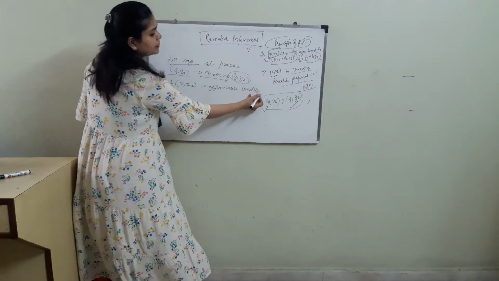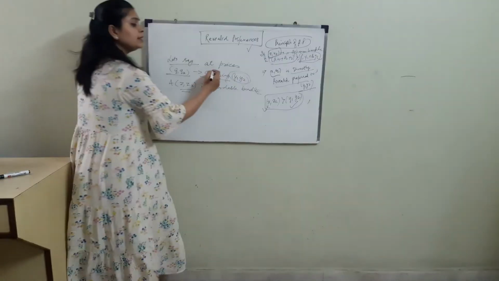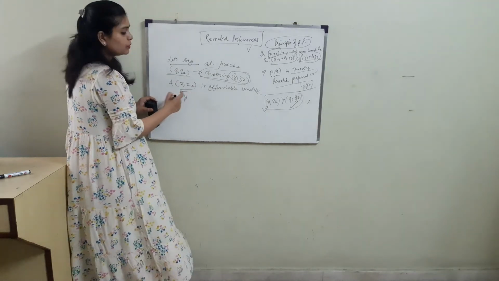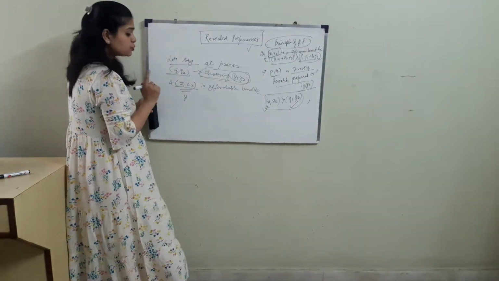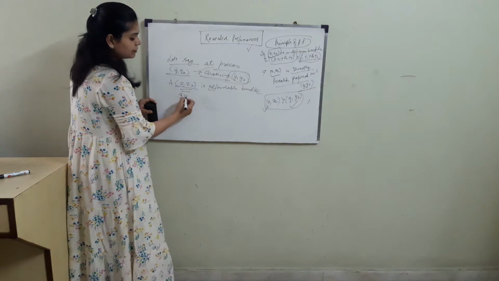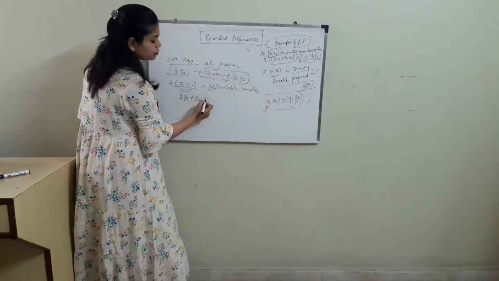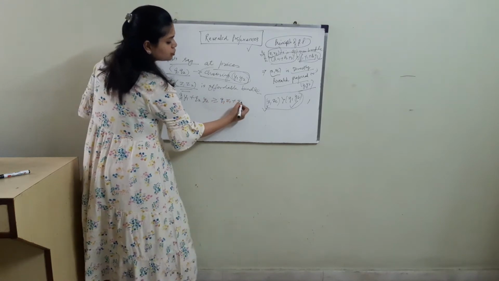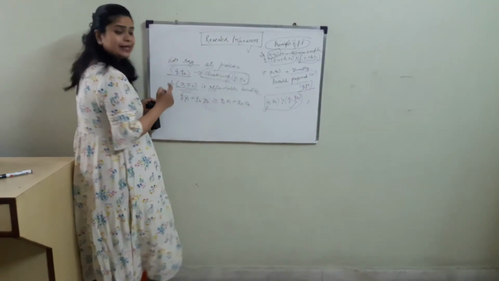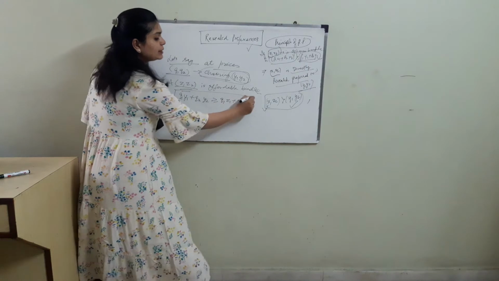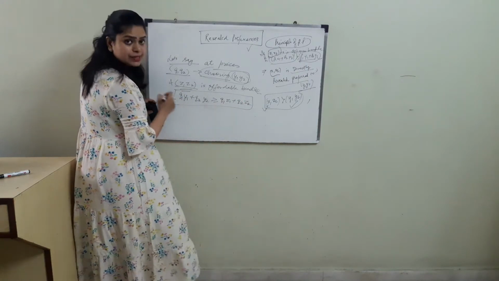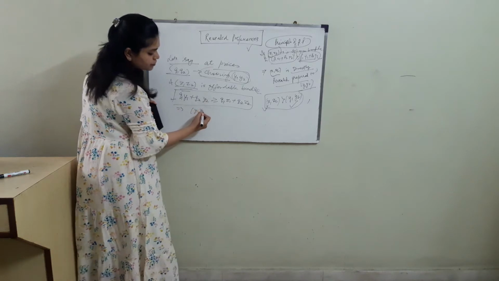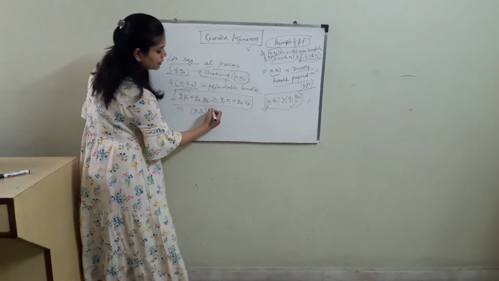If this is an affordable bundle, then it means that if I am choosing y1, y2, the expenditure on y1, y2 must be greater than or equal to the expenditure at z1, z2. So we can write q1 y1 plus q2 y2 must be greater than or equal to q1 z1 plus q2 z2. The expenditure at y1, y2 must be greater than or equal to the expenditure at z1, z2, so it implies that y1, y2 is directly revealed preferred to